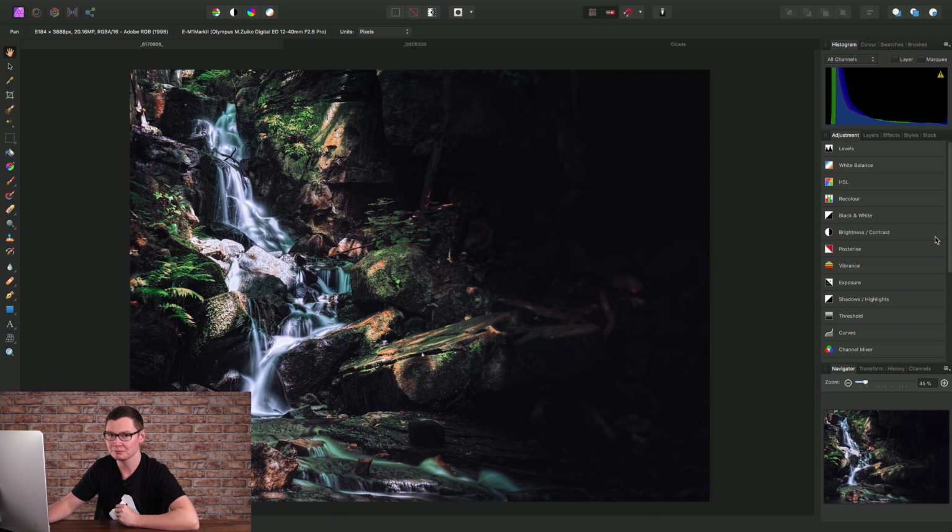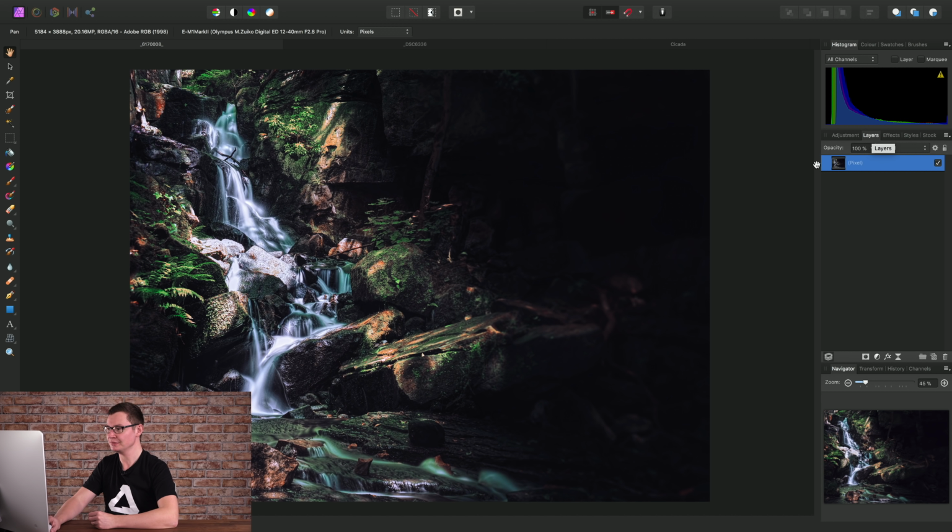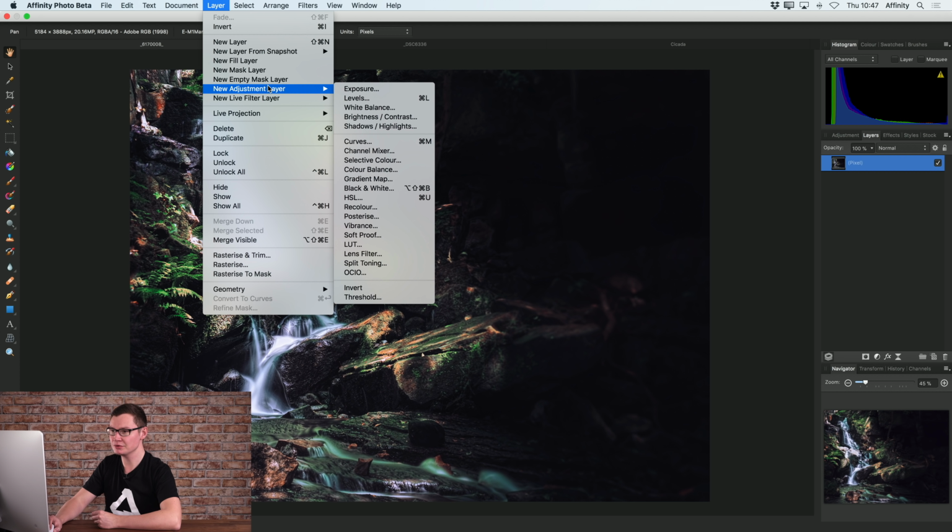I'm going to show you some examples of masking adjustment layers, which means you can apply them selectively to areas of your image or document. So first I'm going to move across to the Layers panel, just so we can see the layer stack. For this image, what I'll do is go to add a new adjustment layer and choose a Shadow